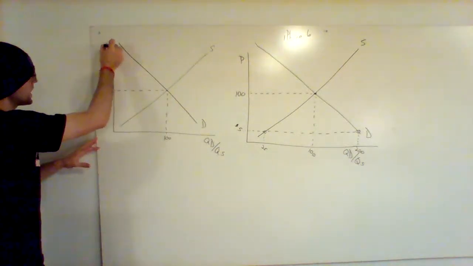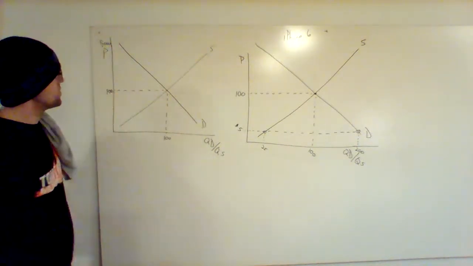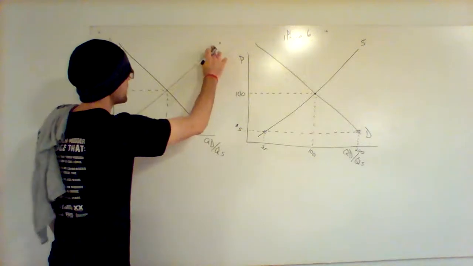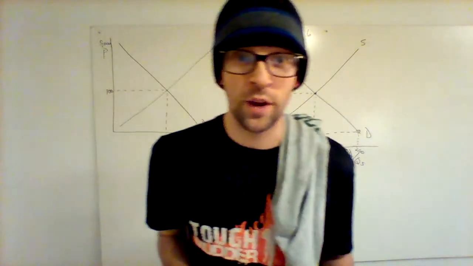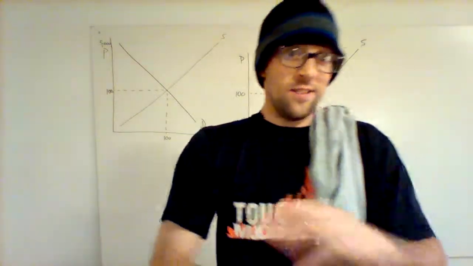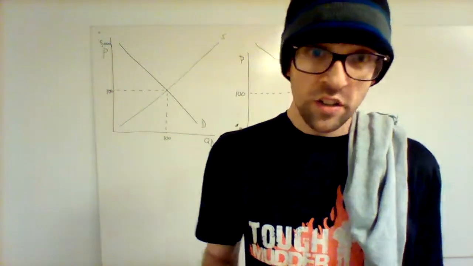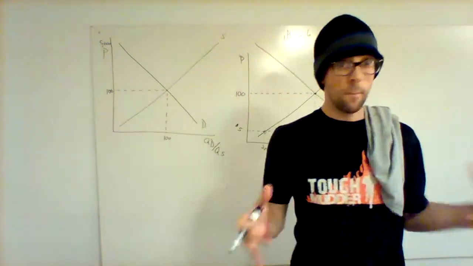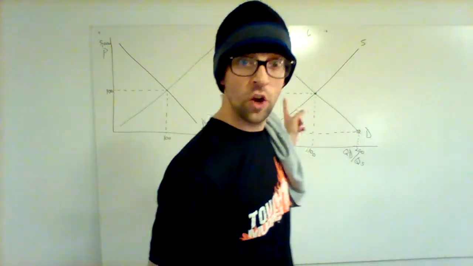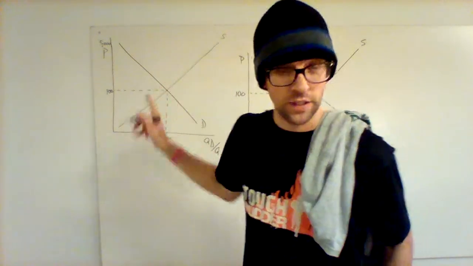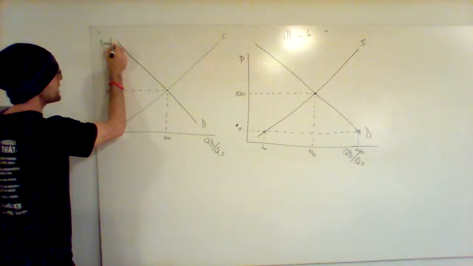So 5,000 is like way up here. I may have to extend some lines here in a second. In fact, I'll do it right now. But remember, what did you say was going to happen when there were $5,000 iPhone 6s? You said nobody's going to that Target to buy those iPhone 6s. So essentially, you're saying there's no consumers, there's no demanders in that store. Well, I'm going to draw a dotted line across, just like I did over here, but I'm going to go 5,000 this time. So if I'm way up here at 5,000, and I just take my dotter,